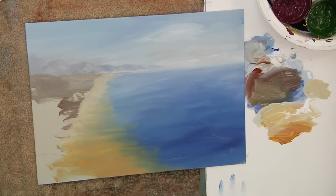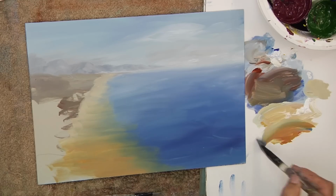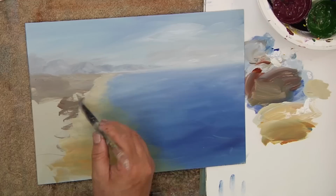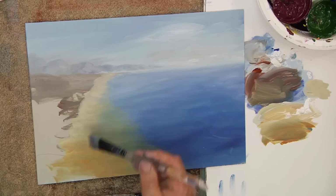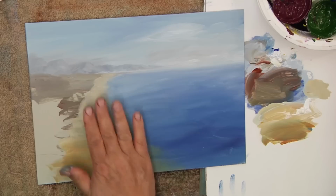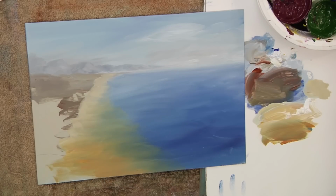Now I don't want to have too much streak there. So I'm going to go back to my larger brush here and just pull some of this, because that larger brush will not give you quite as many brush marks or streaks, and so I want to keep that kind of soft right in there, because I'm going to make a big soft beachy area here of color, which is really really nice. Oh, the other color that we can add,